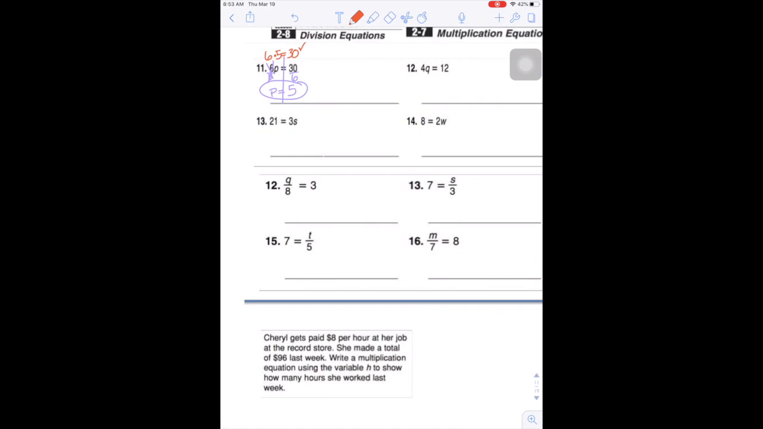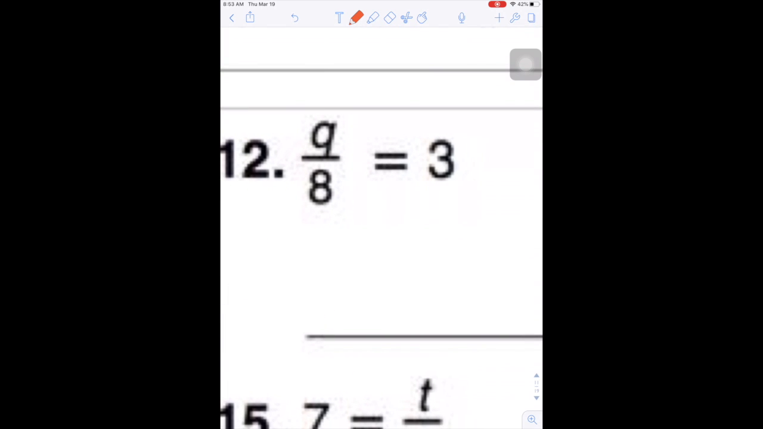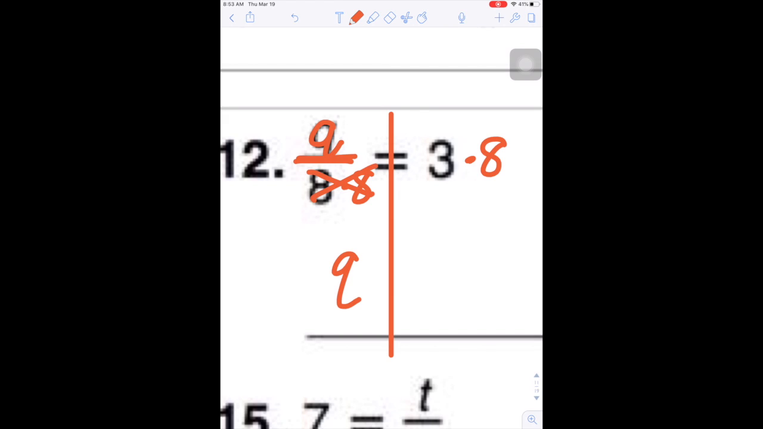So the first 4 are all multiply. The next ones, line down the middle, they divided by 8. So the opposite of divide, because remember this means divide, and this is supposed to be a Q. So Q divided by 8, we're going to do the opposite, times 8, times 8. This side I still have Q. 3 times 8 is, if you're not sure,